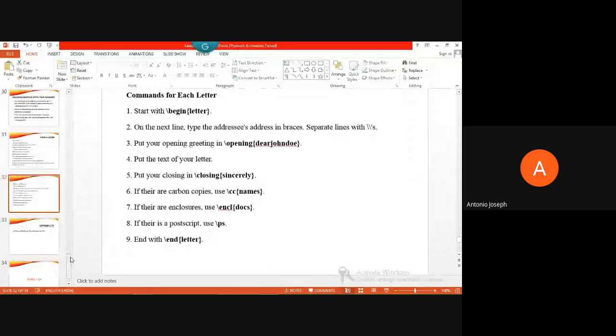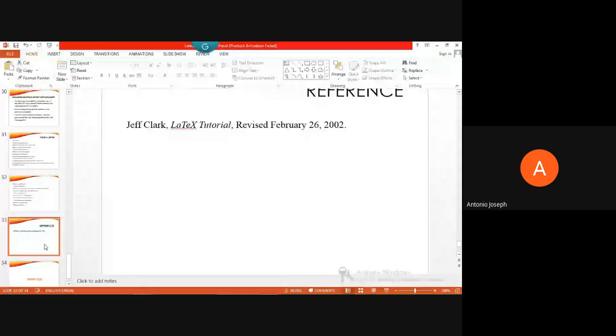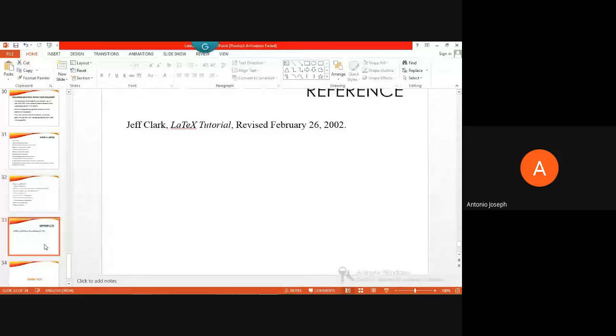Okay, so these are the things, and if you Google search, you can see tutorials are available. I took the reference from the LaTeX tutorial prepared by Jeff Clark. This particular tutorial contains almost all the names of the symbols, Greek symbols or mathematical symbols that can be used. Almost all the symbols and their names are provided in this tutorial, so you can refer to that also. I can share that tutorial, and that will be helpful for you while preparing contents using LaTeX.